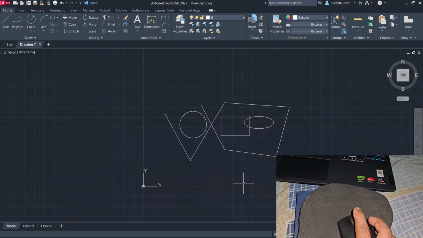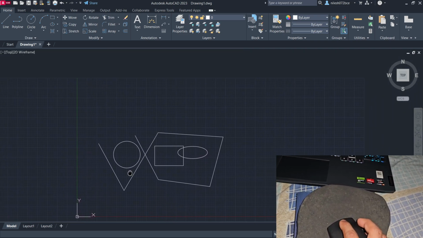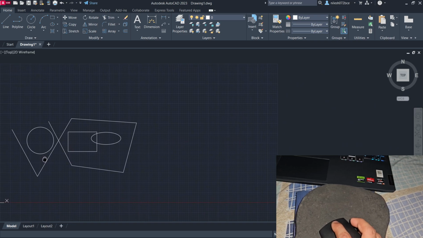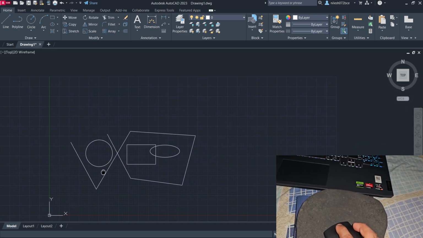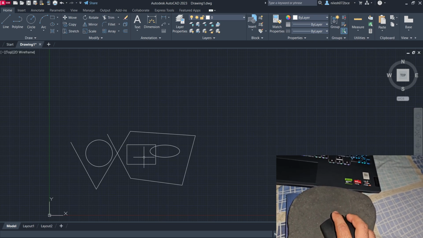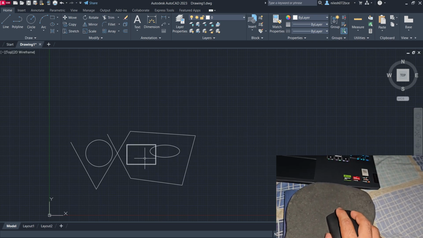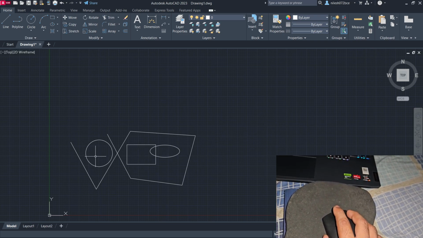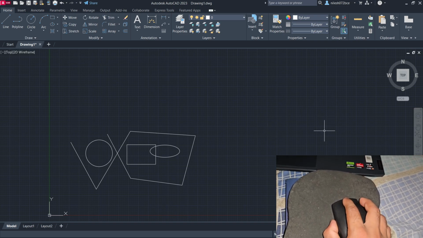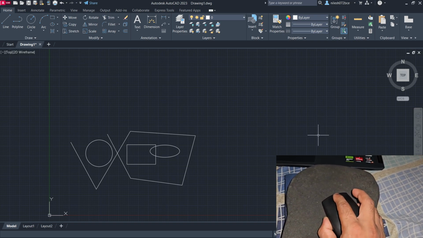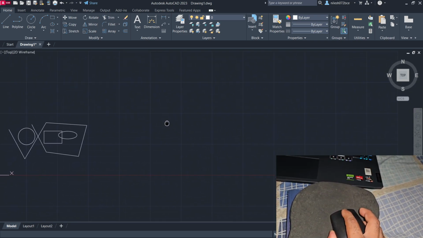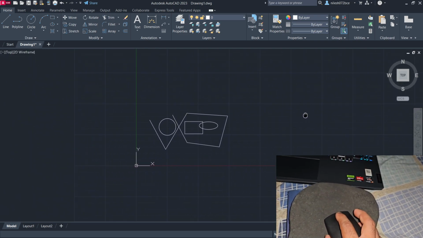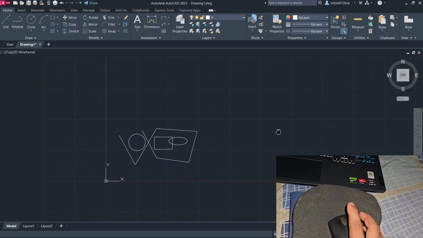So you can move it anywhere just by pressing the scroll wheel of your mouse, holding it, and dragging the mouse. Position the cursor at any location. It doesn't matter, you can put your cursor on this drawing or anywhere, and then just press and hold this scroll wheel button and drag your mouse. You can see the result on your screen. This will move the drawing parallel to the screen.